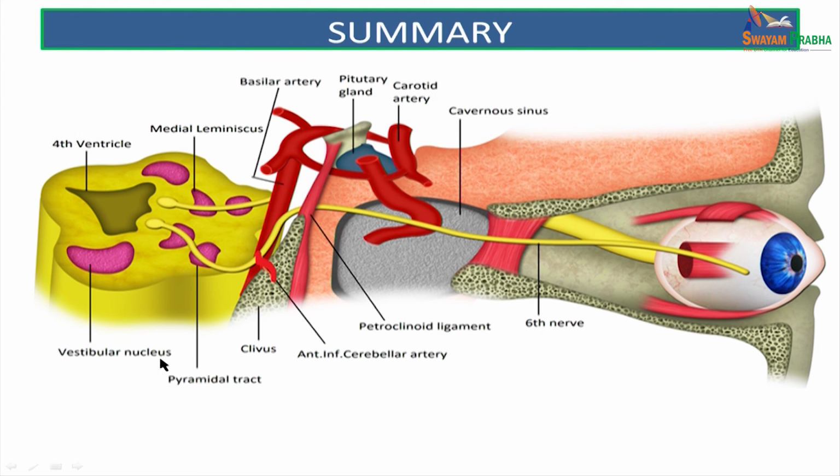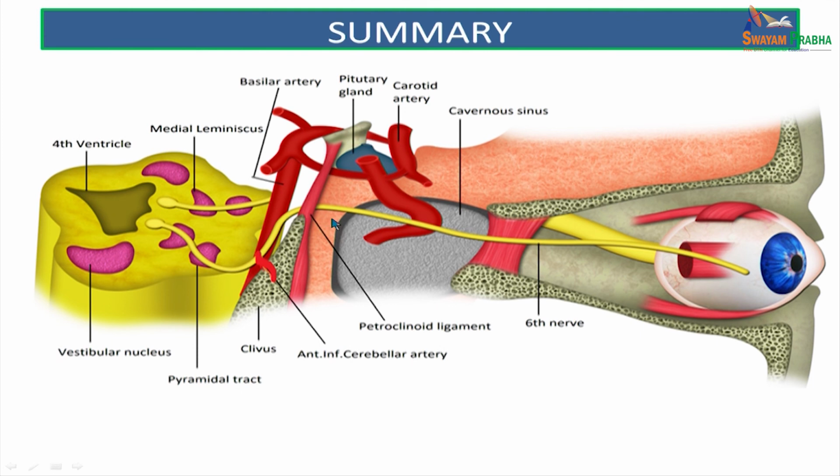Coming to the summary of the sixth cranial nerve, the sixth cranial nerve emerges from the abducens nucleus, which is related to the floor of the fourth ventricle and the facial colliculus. So, it passes through the pons, crossing over the trapezoid body, medial lemniscus and the basilar part of the pons, and enters into the cisterna pontis, where it is crossed by the anterior inferior cerebellar artery. From here, it ascends up on the clivus and takes a 90-degree bend at the apex of the petrous temporal,